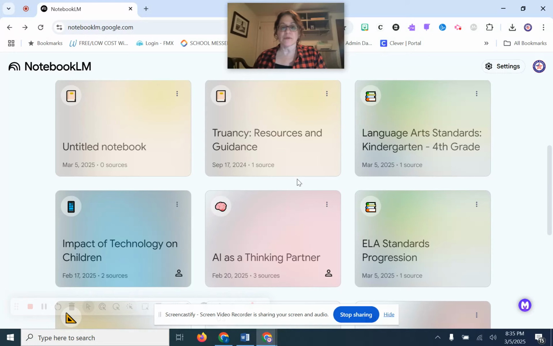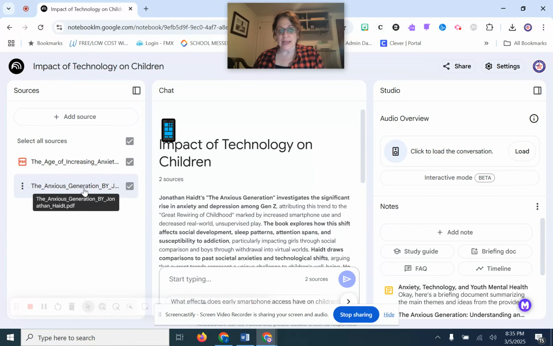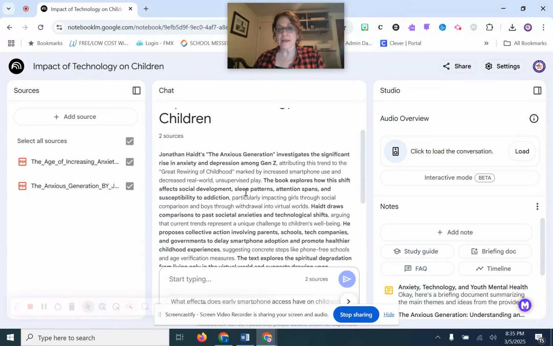So I'm finding this to be really useful for things that I am studying. So for example, right now I'm studying the impact of technology on children. And so I've created a notebook for that. I uploaded the Anxious Generation book as a PDF and also an article or another resource about the age of increasing anxiety for kids. In the center here, it gives me a summary, and I can also interact with this